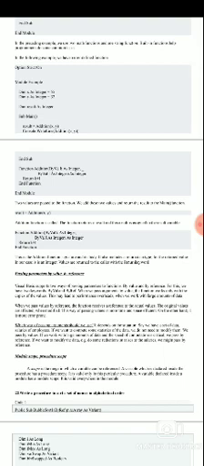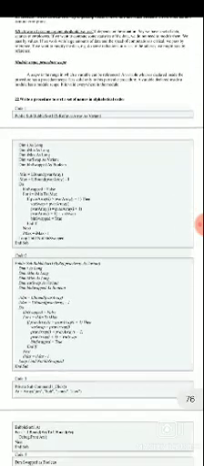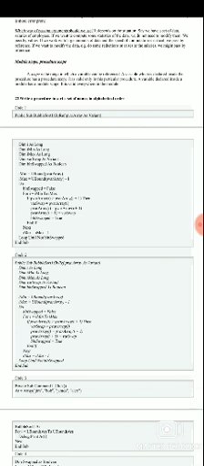Question number 22. Write a procedure to sort a set of names in alphabetical order. Dim i as long, dim iMin as long, iMax as long, dim variable swap as variant, dim swapped as boolean. iMin equal to LBound variable, iMax equal to UBound p variable array.